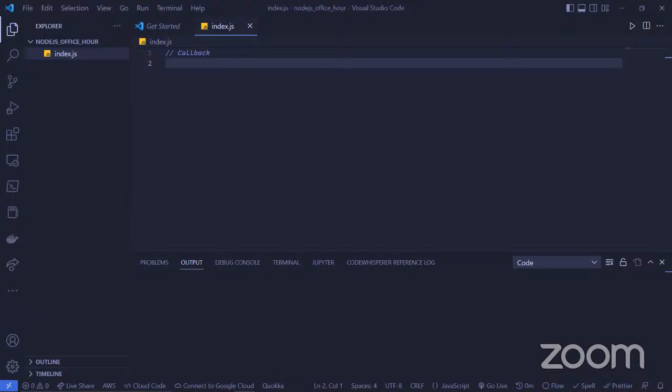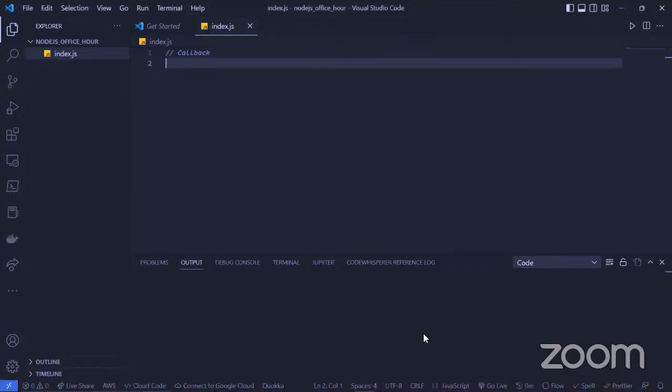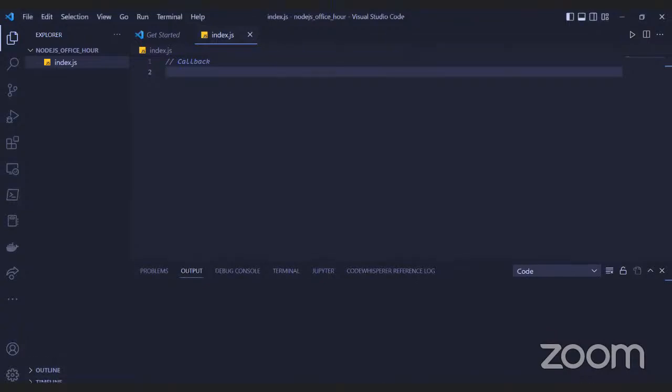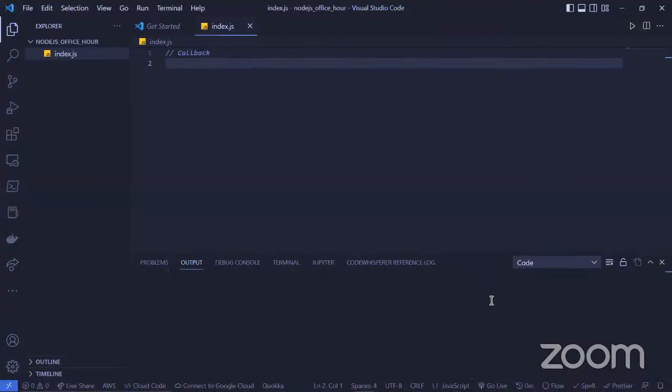So, callbacks. I wrote some functions earlier, and I would like to use that code, but explain it as I write it. I'll explain what a callback is, and then we'll write some code to see a demonstration.